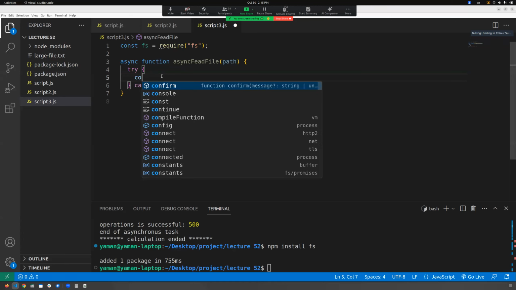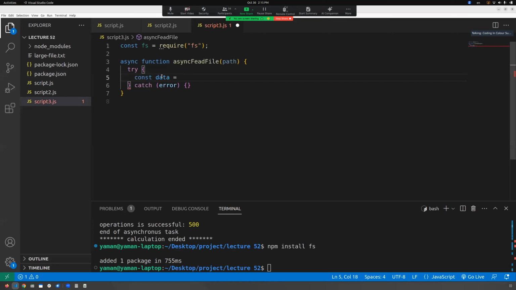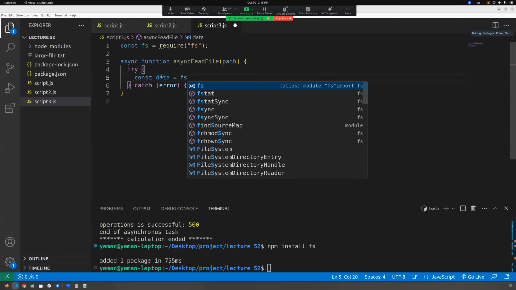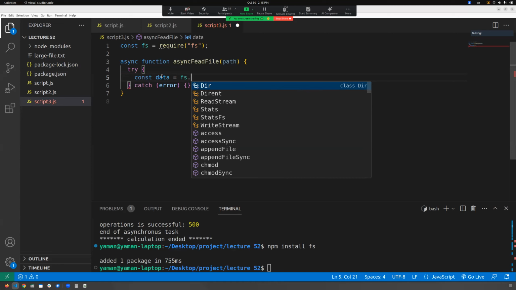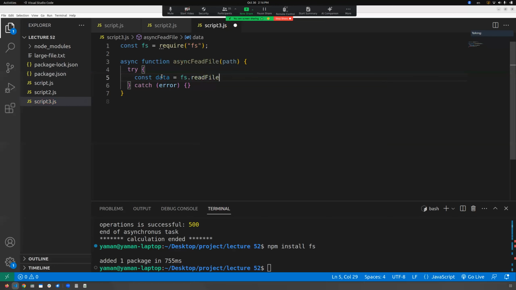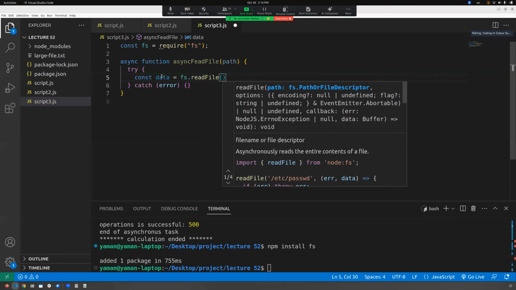So I want to read the data and give it asynchronously, and work on other synchronous code. So I can say fs.readFile, I can give the path,